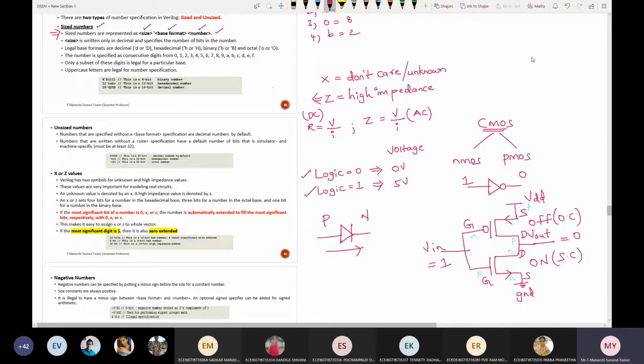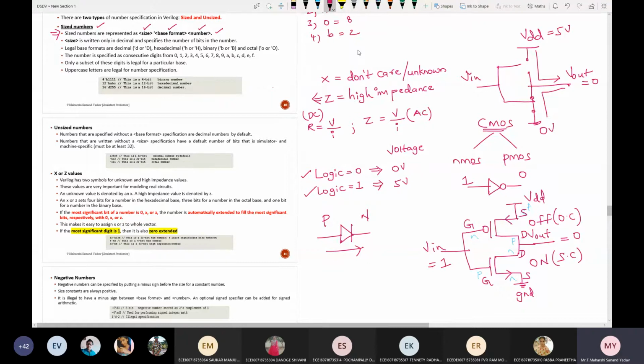So I'm telling that PMOS is off. Off means simply it will be like this. Done. Next coming to NMOS. NMOS is on. On means short circuit. Here it is connected to ground, and here I'm taking V out. And gate is connected something like this. You observe this and tell me. This is 5 volt, which is nothing but logic 1. Okay. So as it is open circuit, this 5 volt will not be connected to V out. So by default you can observe here, this is connected to ground. Ground is nothing but 0 volt. So that's why I'm getting output as 0.